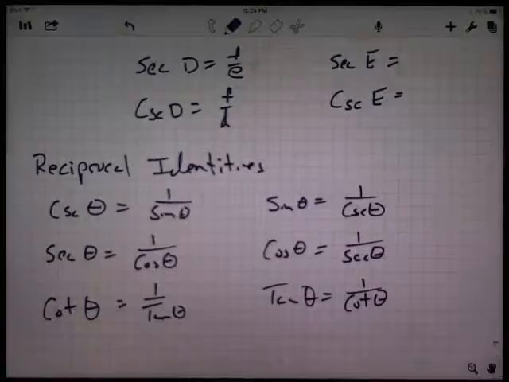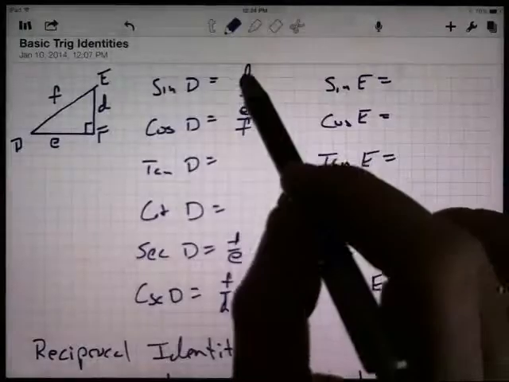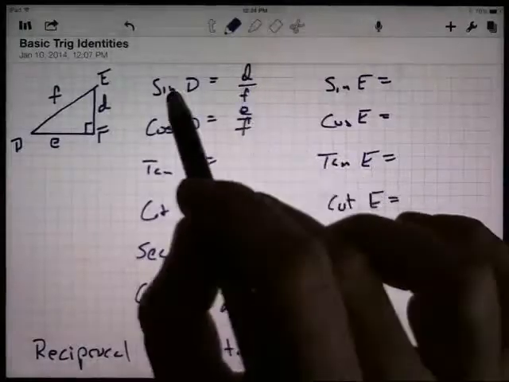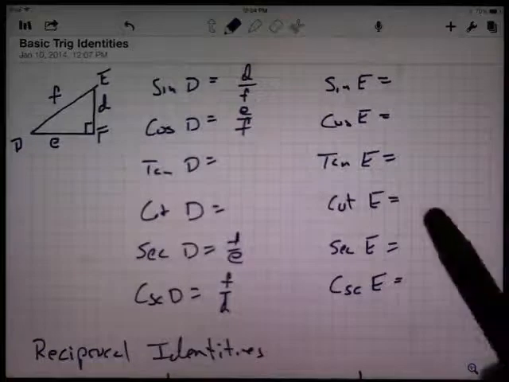So there's what we call the reciprocal identities. They're just recognizing that you're using the same pair of sides to make the sine or the cosecant. You're just making the fraction in a different order. Now,